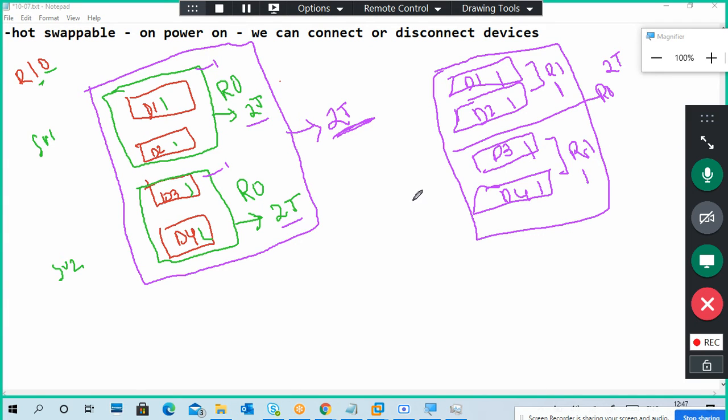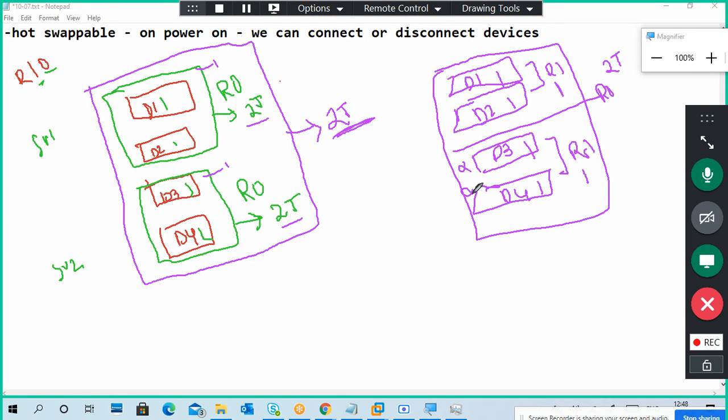Now, tell me the question. If disk 3 and disk 4, if I'm making them offline, is there any possibility of retrieving the data from disk 1 and disk 2? No. If disk 3 fails, no problem, disk 4 has the data.